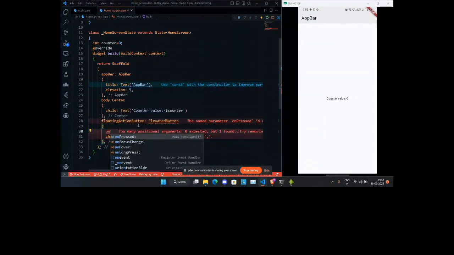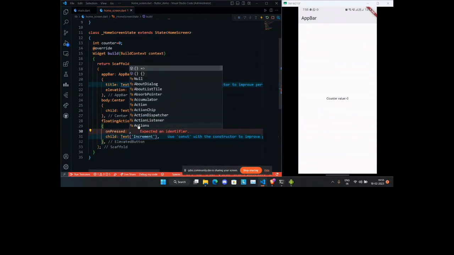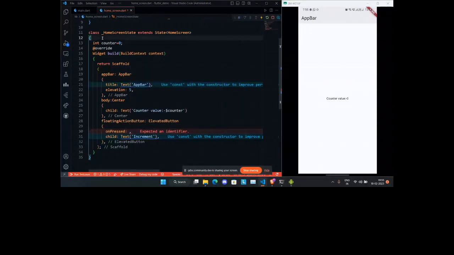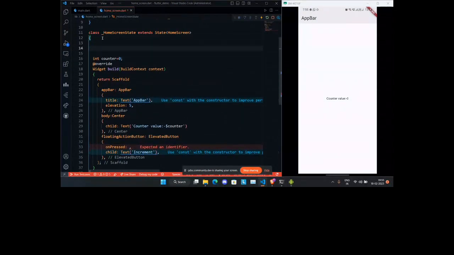It is as simple. I'm going to do this on pressed, and then create a function. This is an unnamed function. We don't really have to call any other function, or you know what we can do, we can name another function which is called increment.